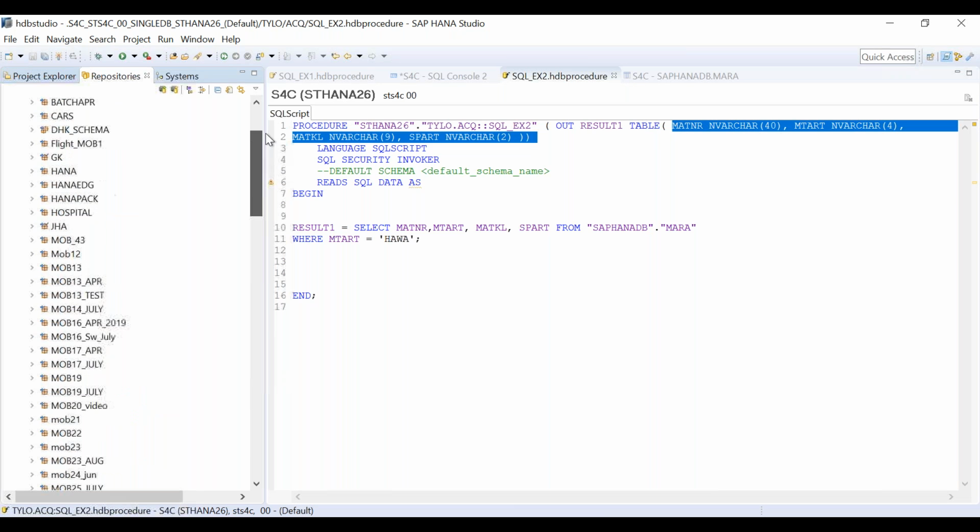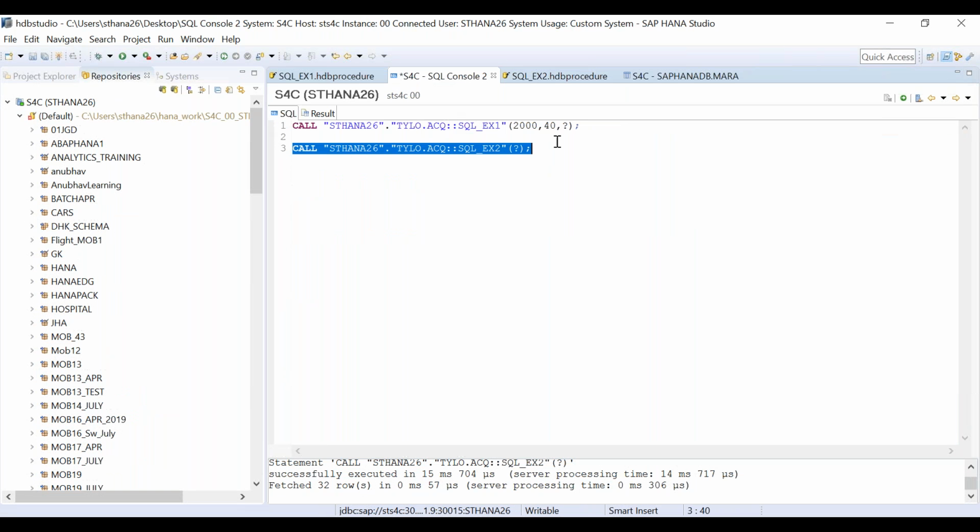For creating a type, you have to go to the HANA console. This is the HANA console. And you have to write something like this. Create table type. Just give me a minute.